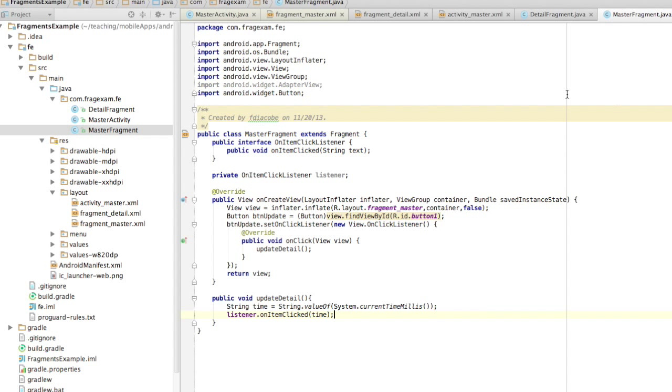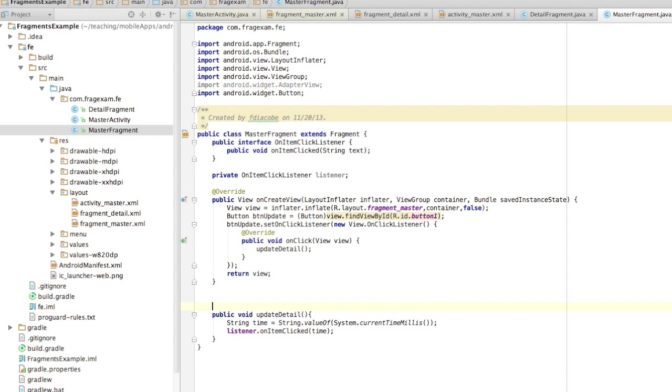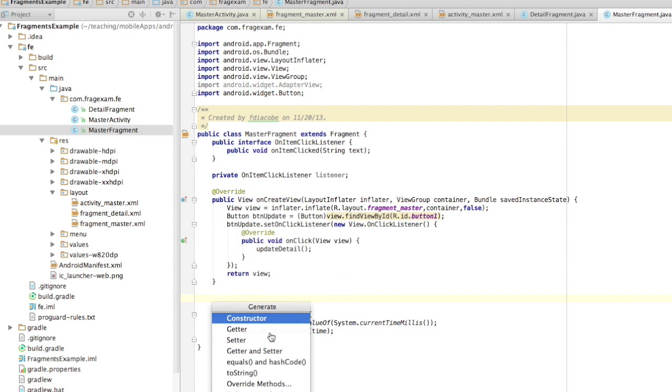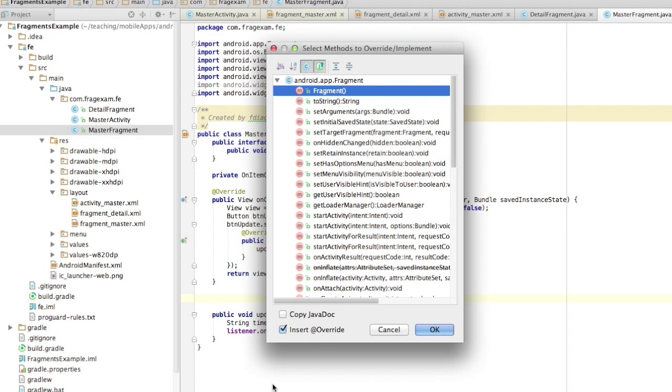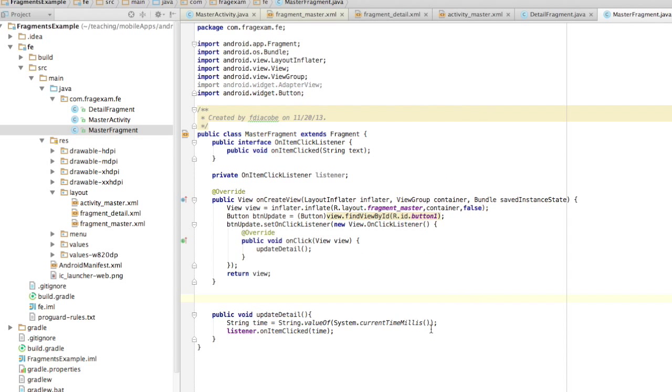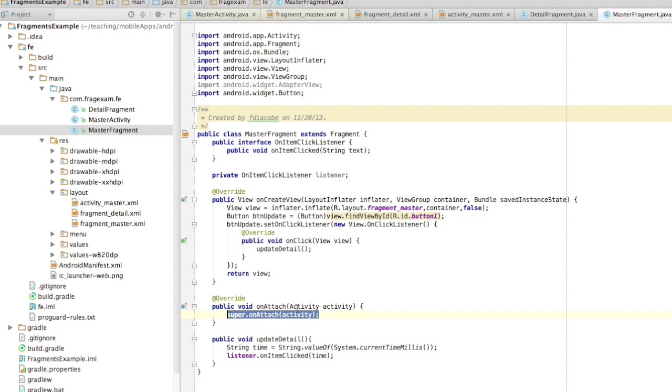All right. One more thing here. I'm going to override another method that comes from fragments and actually links them to an activity. So let me override the onAttach method. onAttach attaches this fragment to an activity. So what I'm going to do is call super.onAttach(activity) just to be safe, and then